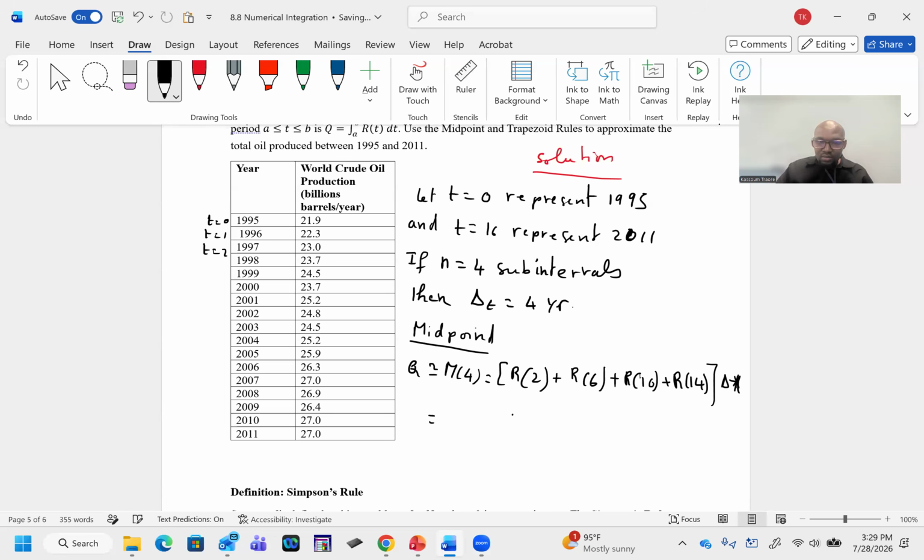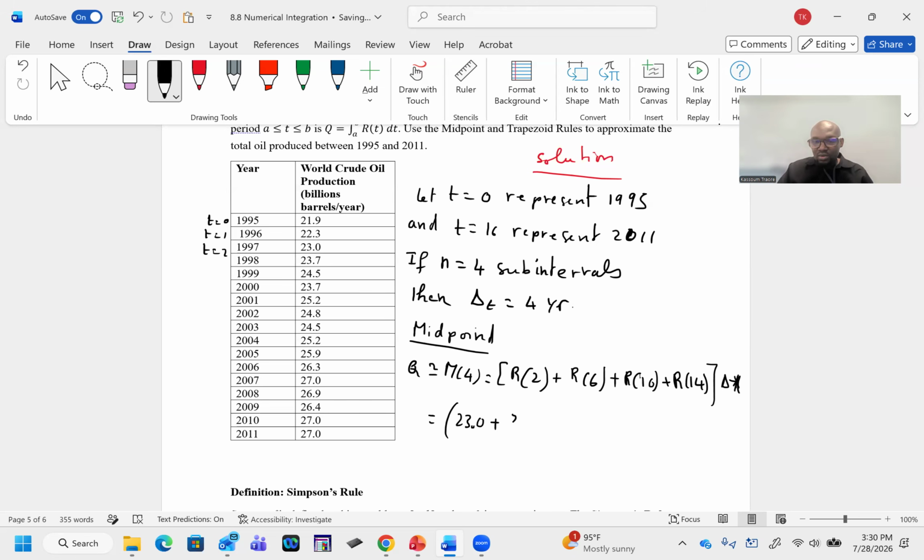So this one will give me 23.0 plus R of 6. R of 6 is what? You count t is 6, 2, 3, 4, 5, 6. That is 25.2